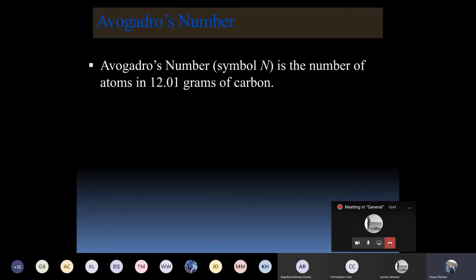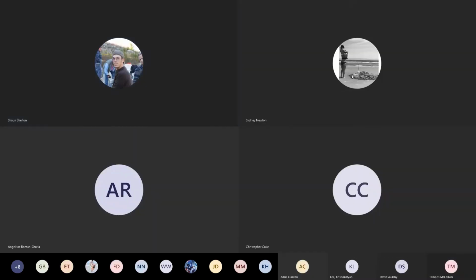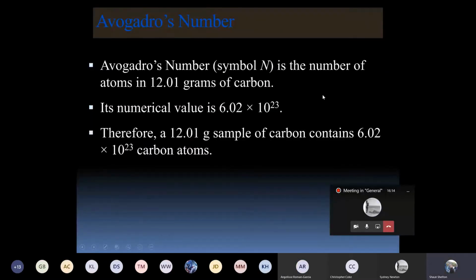All right. So Avogadro's number is the first thing we come to. When we talk about Avogadro's number, it's based around the mass of carbon. Carbon's mass is 12.01 grams, and Avogadro's number is 6.02 times 10 to the 23rd. So the value of it, 6.02 times 10 to the 23rd, means that for every 12.01 grams of carbon you have, there are 6.02 times 10 to the 23rd carbon